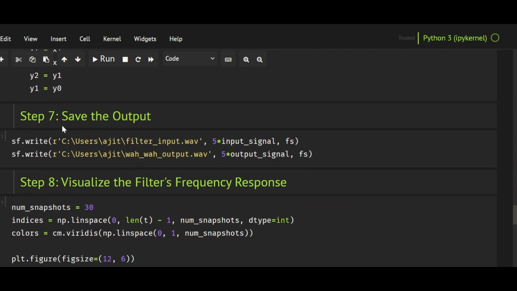And then I'm going to save my input and output signals for comparison in WAV files. So I have defined a file called filter-input.wav, and I'm going to save my input signal. Remember, these were a combination of two sinusoids. And then I'm also going to save the output of the filter, which hopefully should have that wah-wah effect that we are talking about. So let me just run this piece of code,